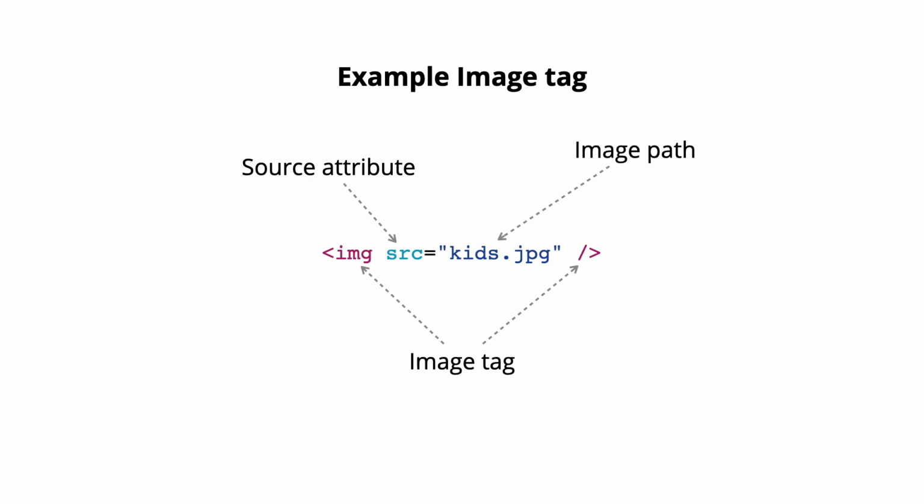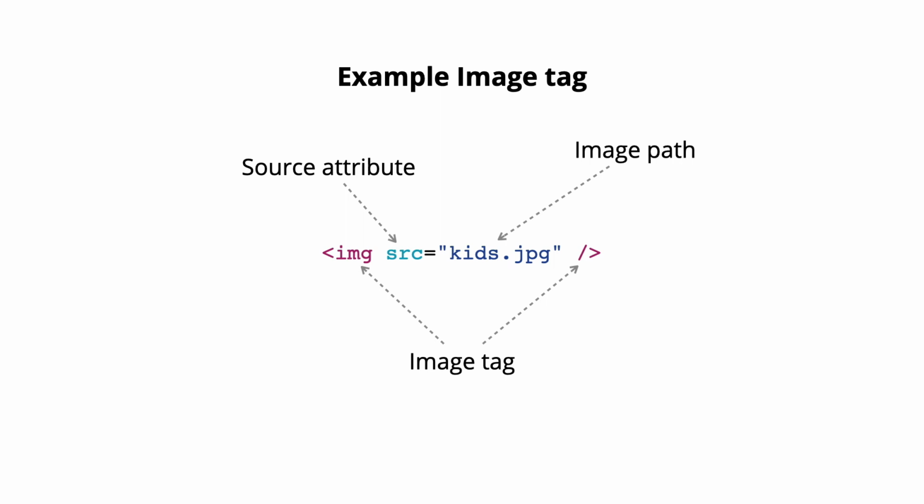Just like the link tag had the href attribute, this one has a source attribute for locating the image. So the source attribute needs you to tell it which image file to load. I have placed an image called kids.jpg in the same folder where the HTML file is located, and I can instruct the image tag to load the kids.jpg file on the page by placing the file name in the value